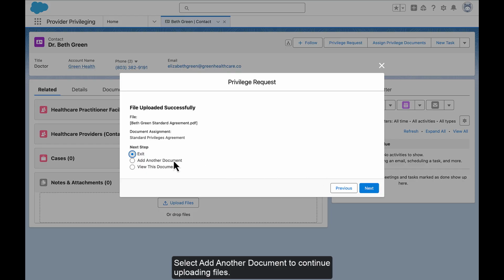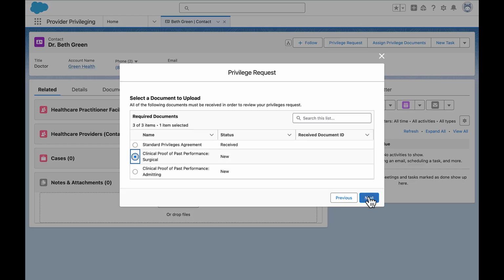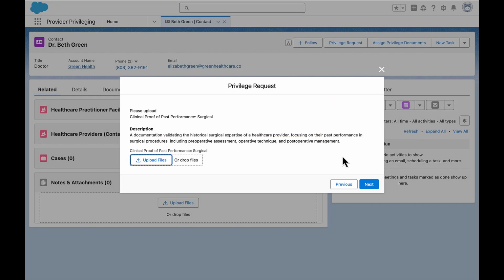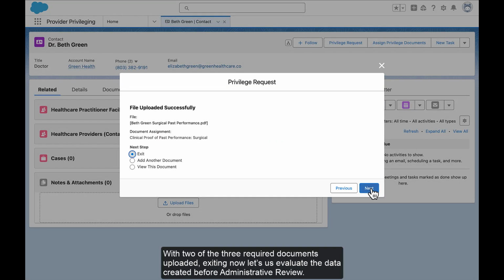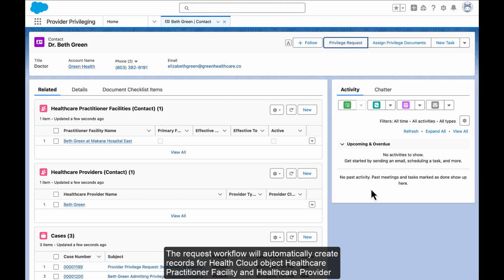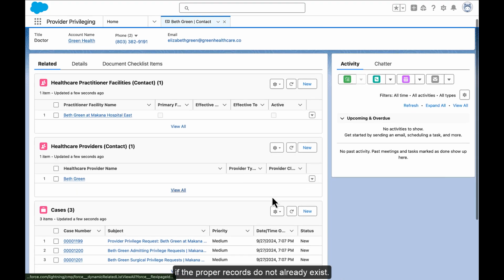Select Add another document to continue uploading files. With 2 of the 3 required documents uploaded, exiting now lets us evaluate the data created before administrative review. The request workflow will automatically create records for Health Cloud objects, Healthcare Practitioner Facility, and Healthcare Provider if proper records